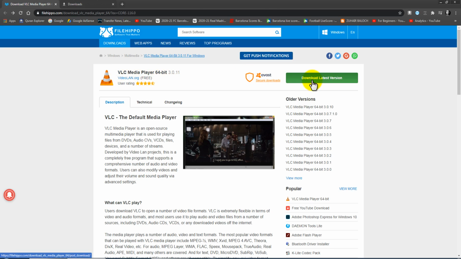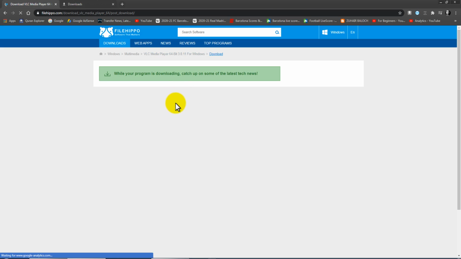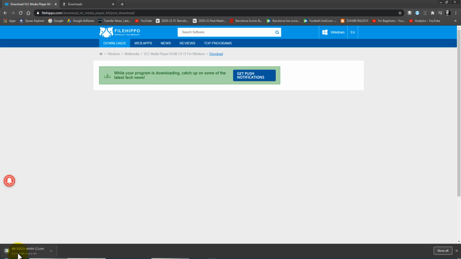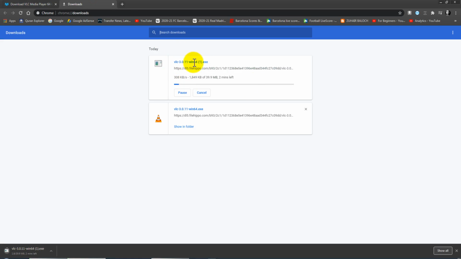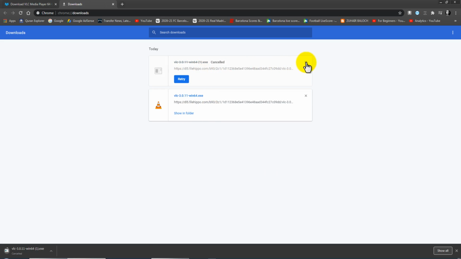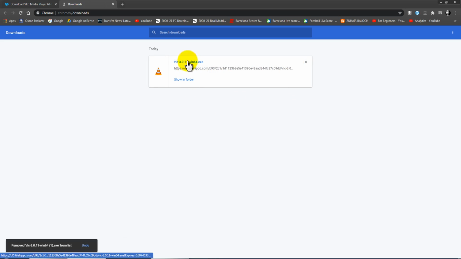Now after that, just click on this green button, download latest version. Click on it, and as you can see, download is started in the Chrome section. As you can see here, one, because I already downloaded it. So when it's complete, then after that, just click on it here,